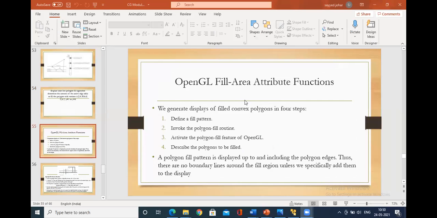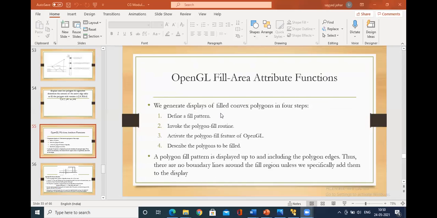This is also a topic included for the internal. We use OpenGL fill area attribute functions if we want to generate a display in a different style of your convex polygon that is to be filled.